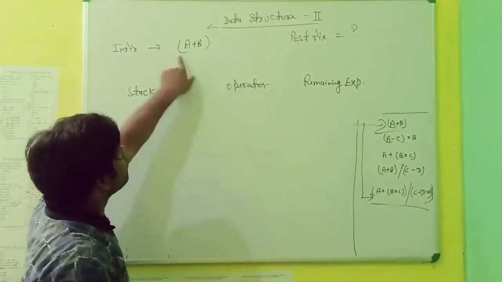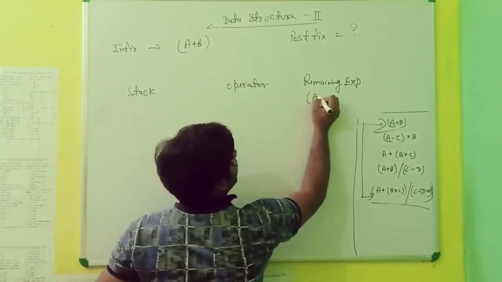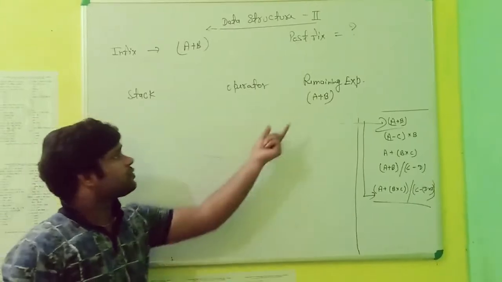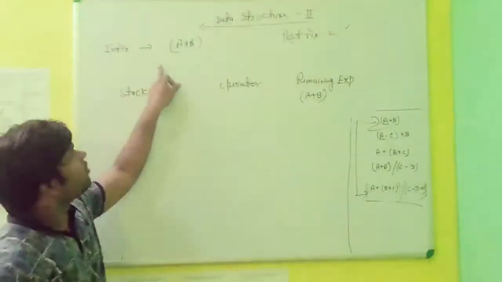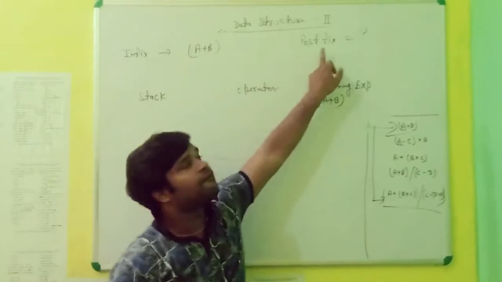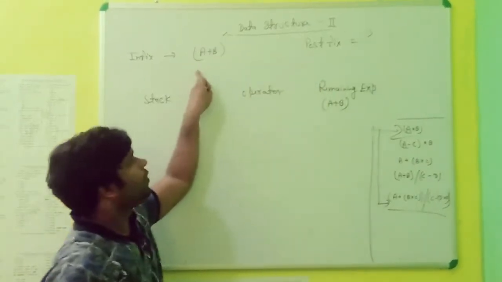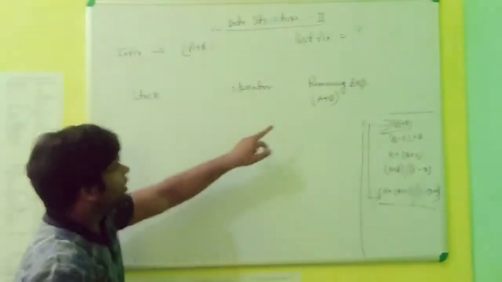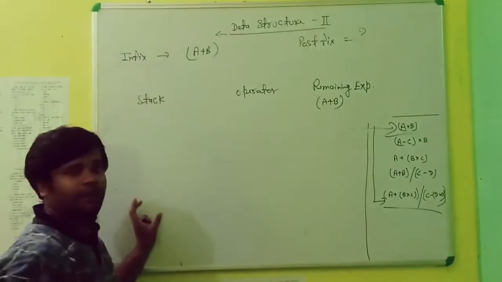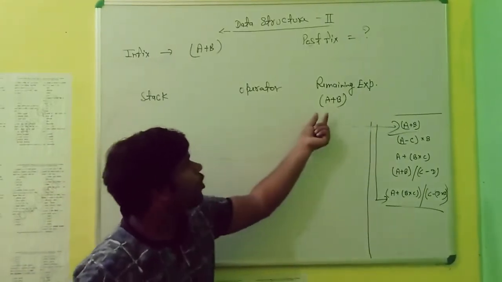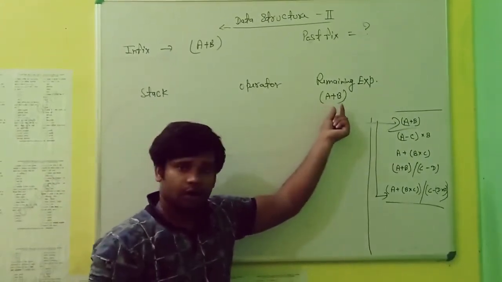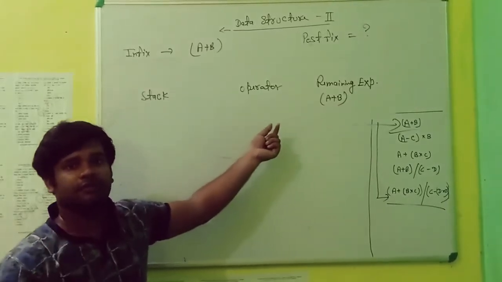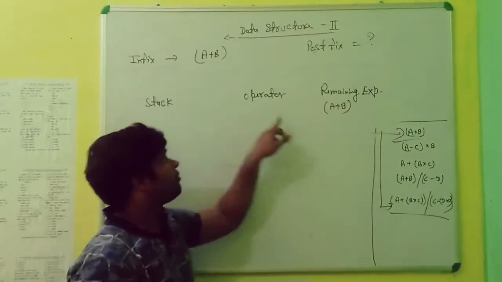So what is your expression? Small bracket a plus b, small bracket close. This is your expression. Now you have to solve this expression, and when you solve it by this method, you will find the postfix expression of it. This is the expression I have written here. In the stack you have to write the variable names. In the operator column you have to write operators such as small bracket, parenthesis, square bracket, addition symbol, division symbol, subtraction, multiplication, and exponent. This type of symbol will be under this column.